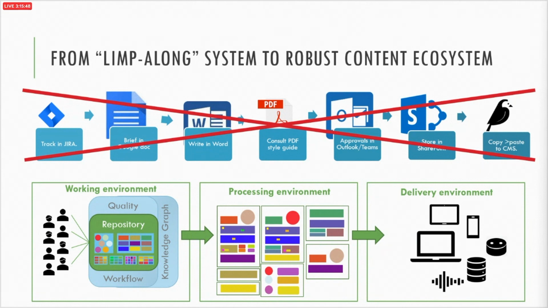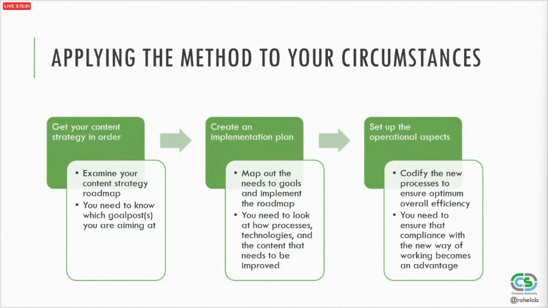So applying the method to your circumstances, you need to get your content strategy in order. So you need to know what the plan is and what you're accomplishing, because everything else depends on that. And I developed this 5 pillars method. If you can Google it, 5 pillars approach, and it will say kind of like how you ask the questions to get the information you need. And then from there, you create this implementation plan. And from there, you set up your operations. And you want to codify all those processes so that it's